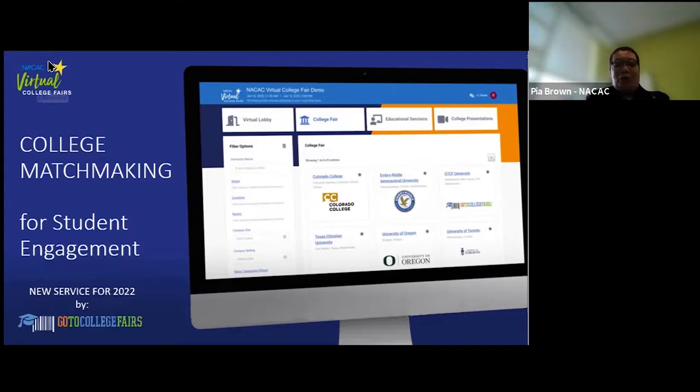exhibitor tutorial, where the focus is on increasing student engagement, maximizing lead generation, and connecting with students who would thrive at your school using our new matchmaking tool. We're very excited about the performance of our first three spring 2022 fairs. The most recent one was actually yesterday, and we definitely see a correlation between those successes and the implementation of the